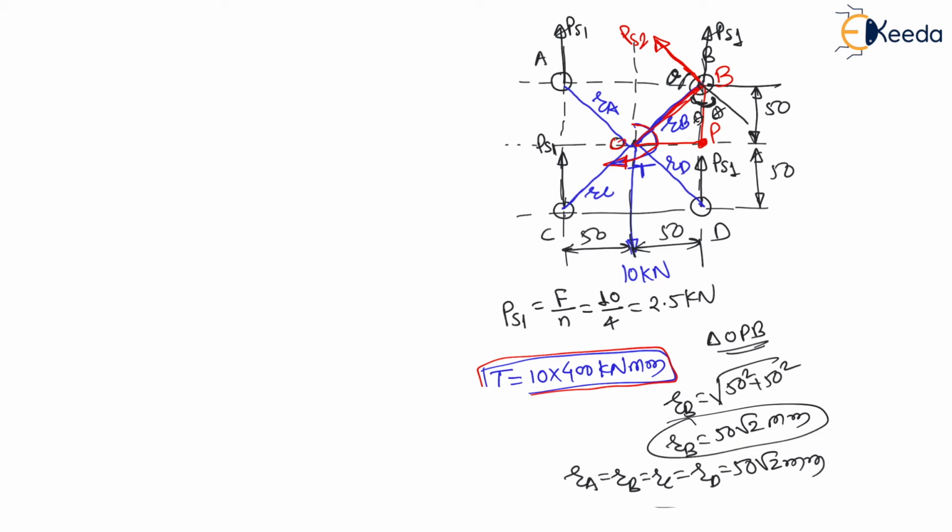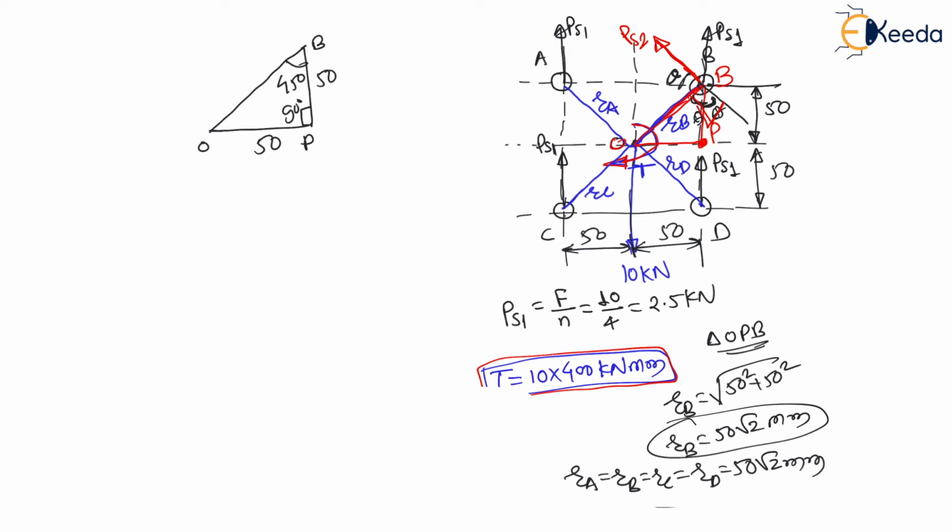Now to justify this, you can see the triangle OPB, right? At this point it is 50, it is 50, and this is a 90 degree angle. Therefore at B there will be a 45 degree angle, means theta is 45 degree. Therefore on this side also there will be theta, and this vertical line will be theta also, the same angle, because they are perpendicular to each other.